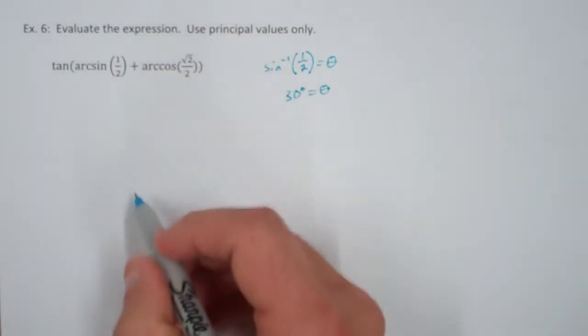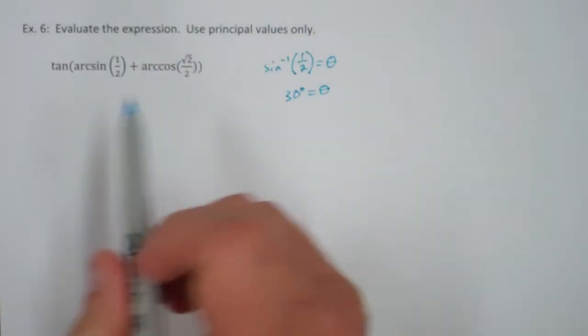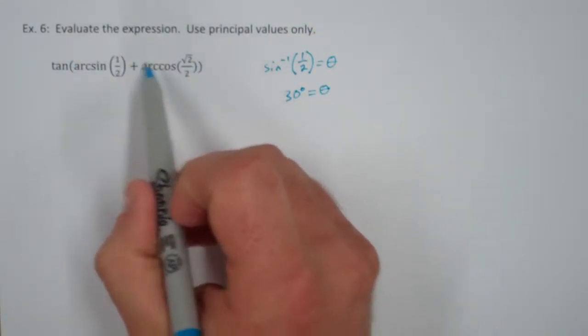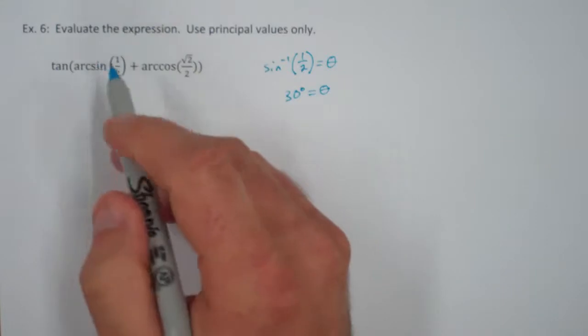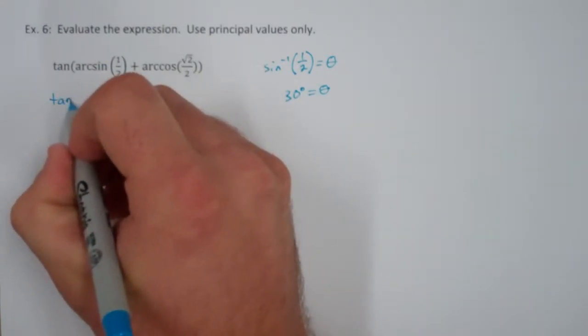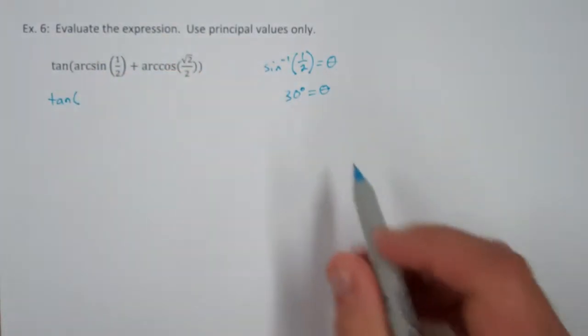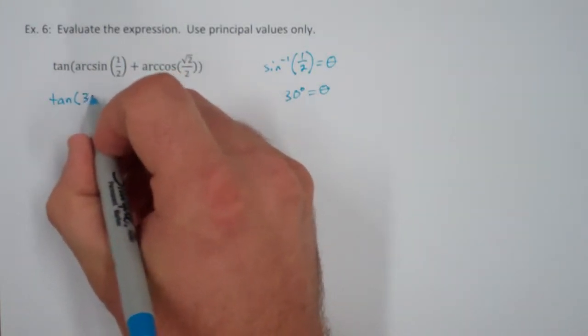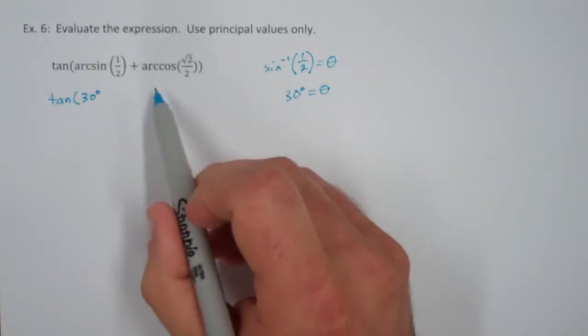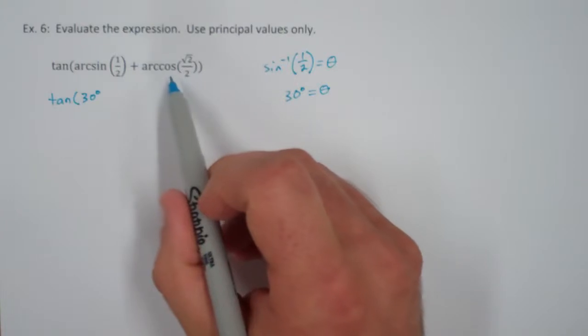So as we evaluate this, we're going to use kind of order of operations here, but we're looking inside the grouping symbols first, and then we're going to deal with these expressions. So we can write our work down here. We've got the inverse sine of 1/2 being 30. All right. And then here we have the